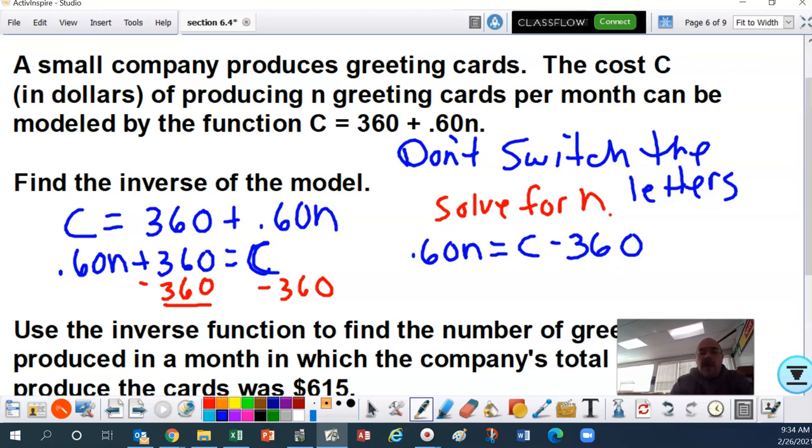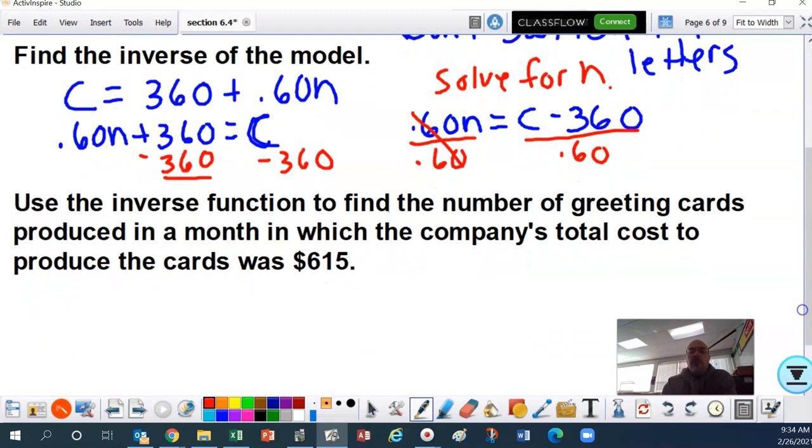Now I'm going to divide by the 0.60. Okay, that cancels out. And so what I have now, ladies and gentlemen, is n equals,